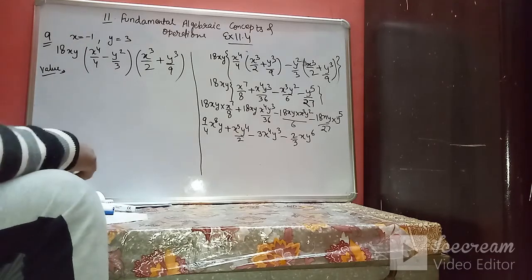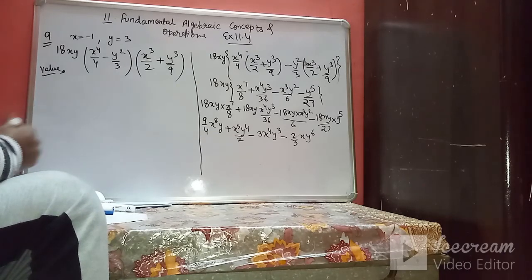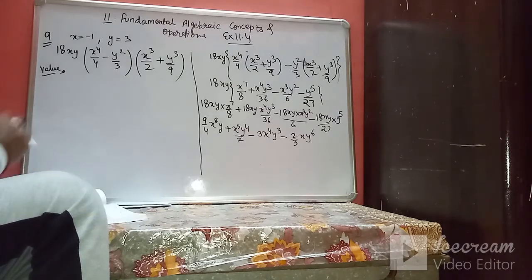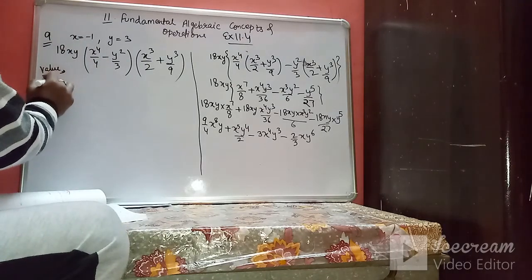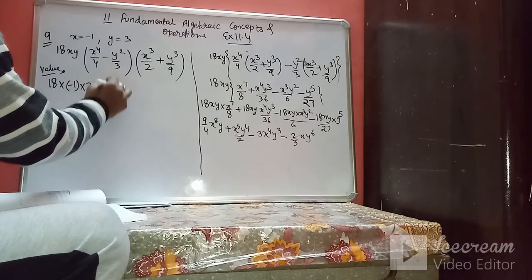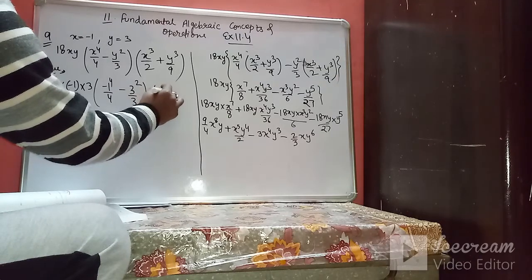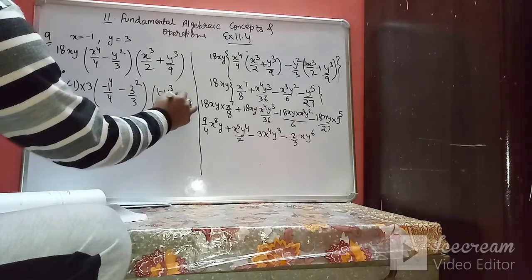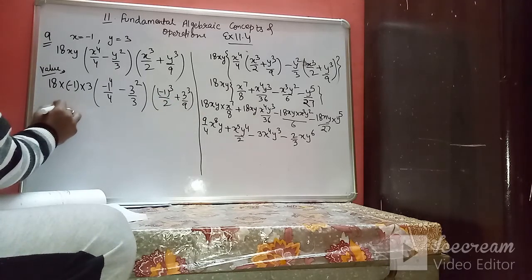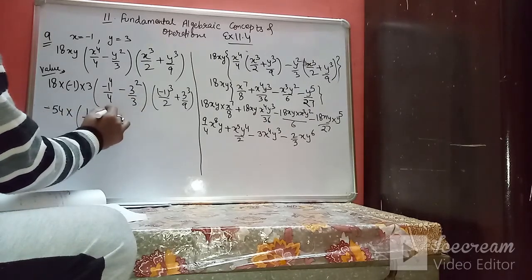Okay, then see the last question, question number 9. Again in this we have to find the product and verify the result for x equal to minus 1 and y equal to 3. So first we are going to find the value of this expression, that is 18 into minus 1 into 3, then minus 1 to the power 4 upon 4 minus 3 square upon 3, and it is again minus 1 to the power 3 upon 2 plus 3 cube upon 9. Okay, so it is minus 54 into, then we solve it, minus 1 power will cancel, so 1 upon 4